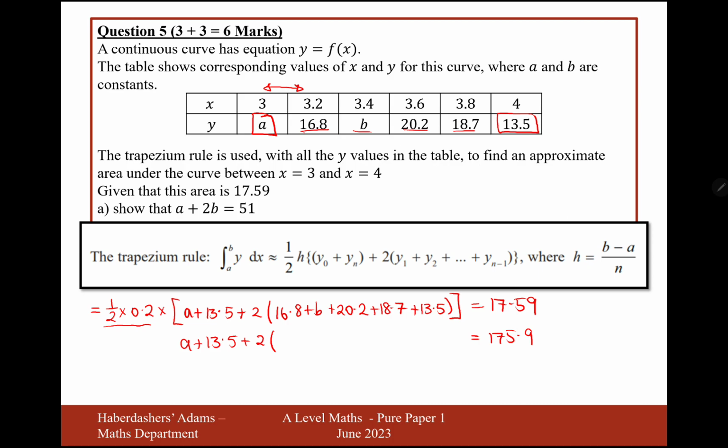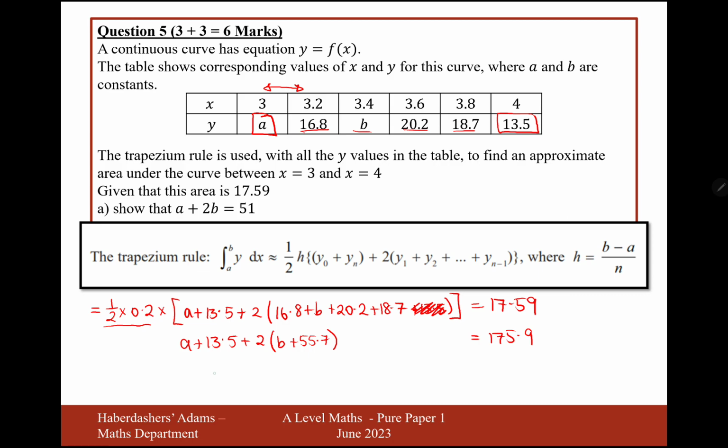So 16.8, add 20.2, add 18.7. I know the 13.5, we used the 13.5 already, beg my pardon, we don't need the 13.5 in the brackets there. So that's going to give me 55.7, so b add 55.7, and that's going to equal